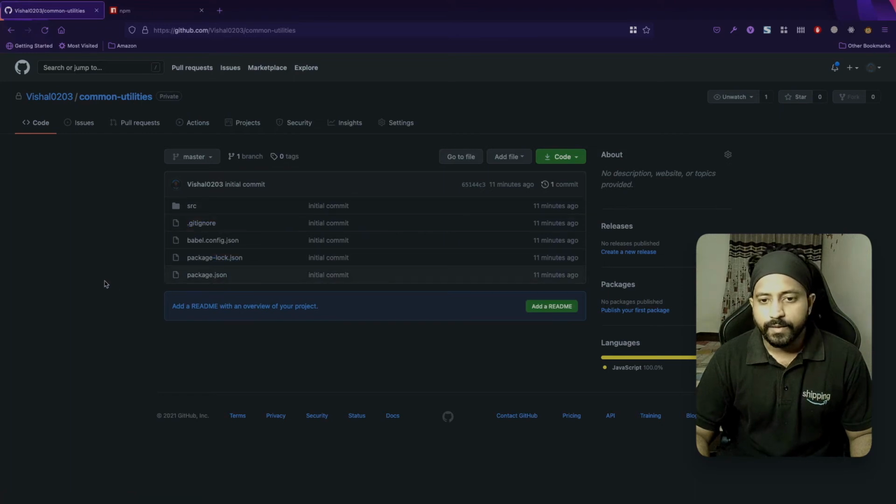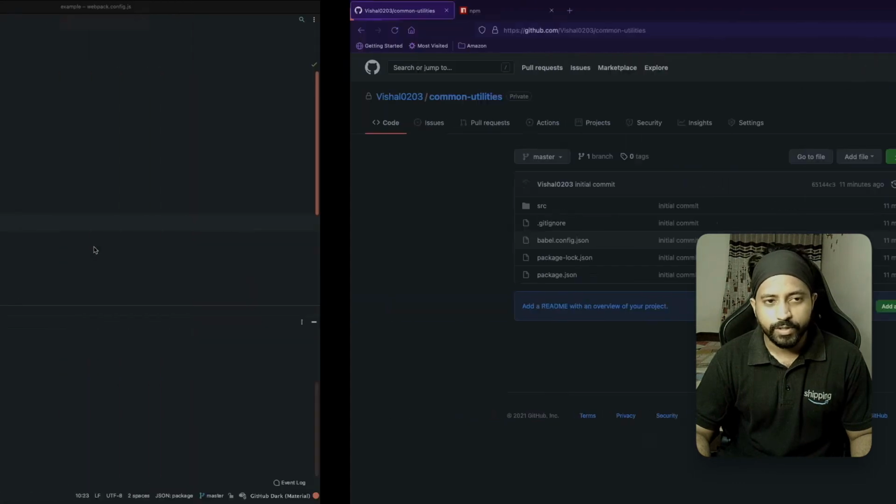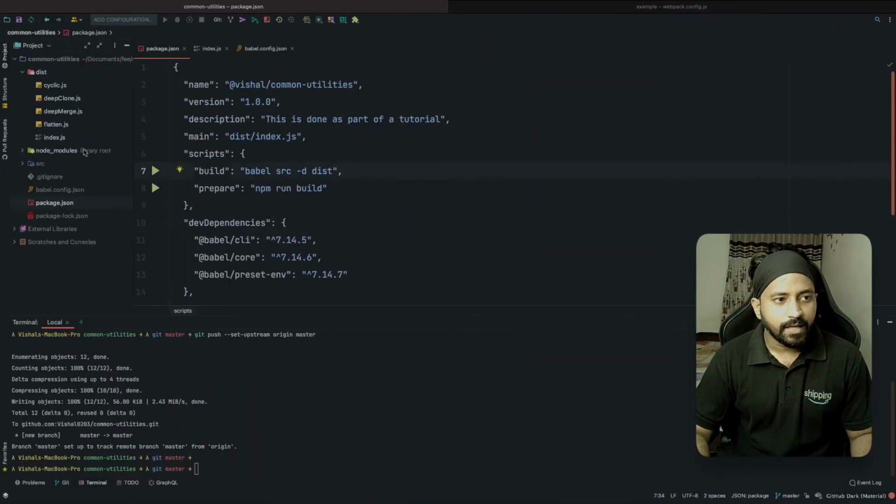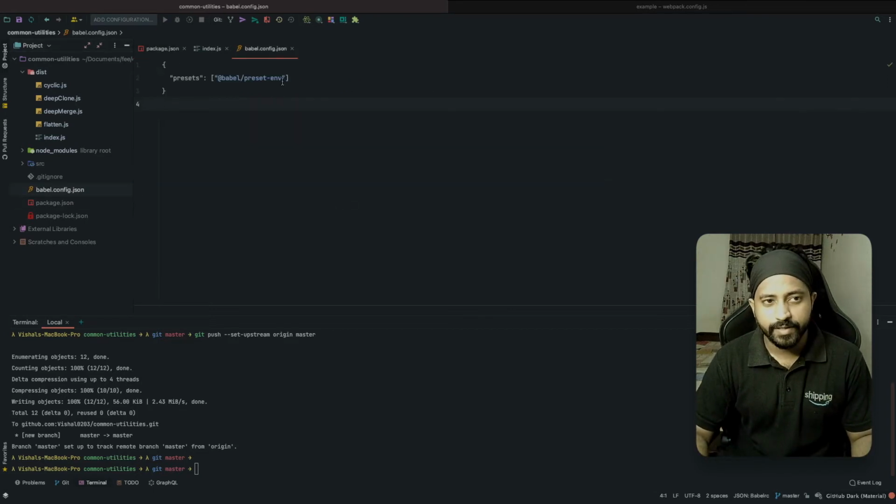So everything is fine. So we need to now use this library in one of our projects and see if everything is working fine over there or not. One more thing that I wanted to tell is I'm not uglifying or minifying this library. You can actually minify the library as well.